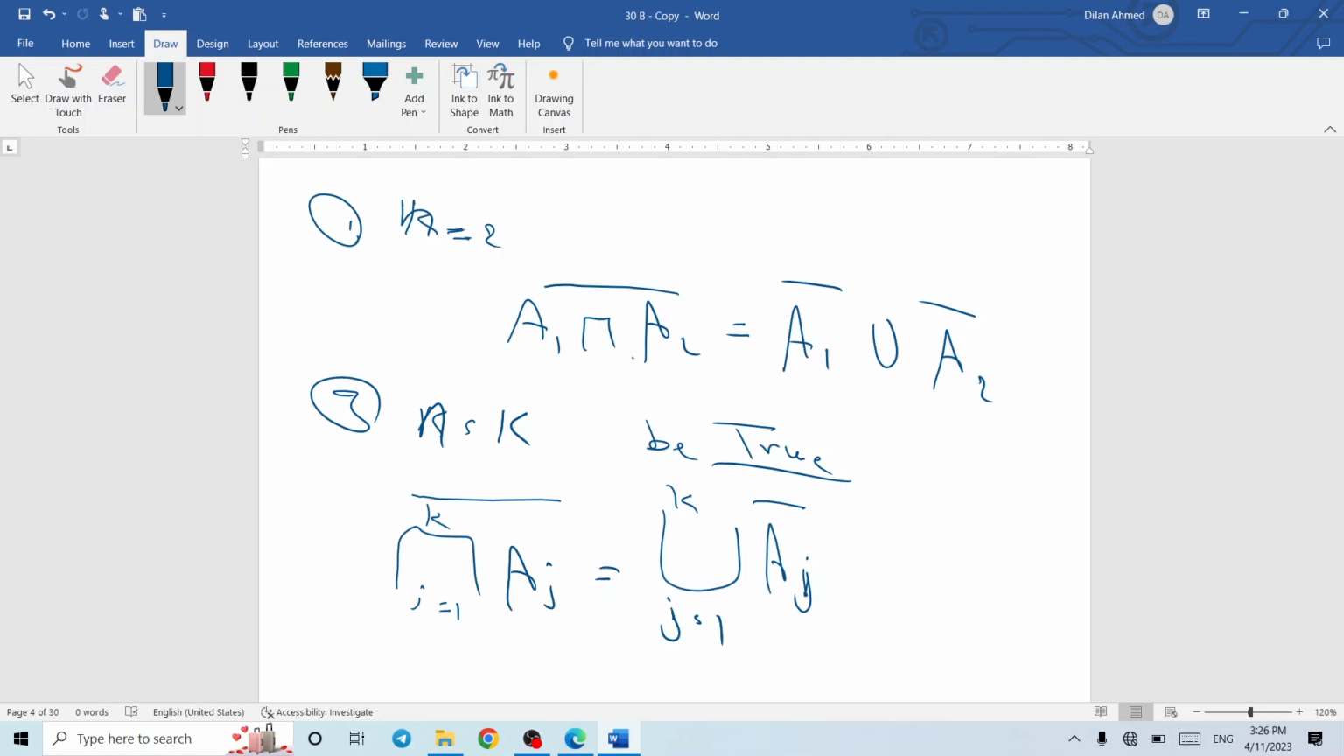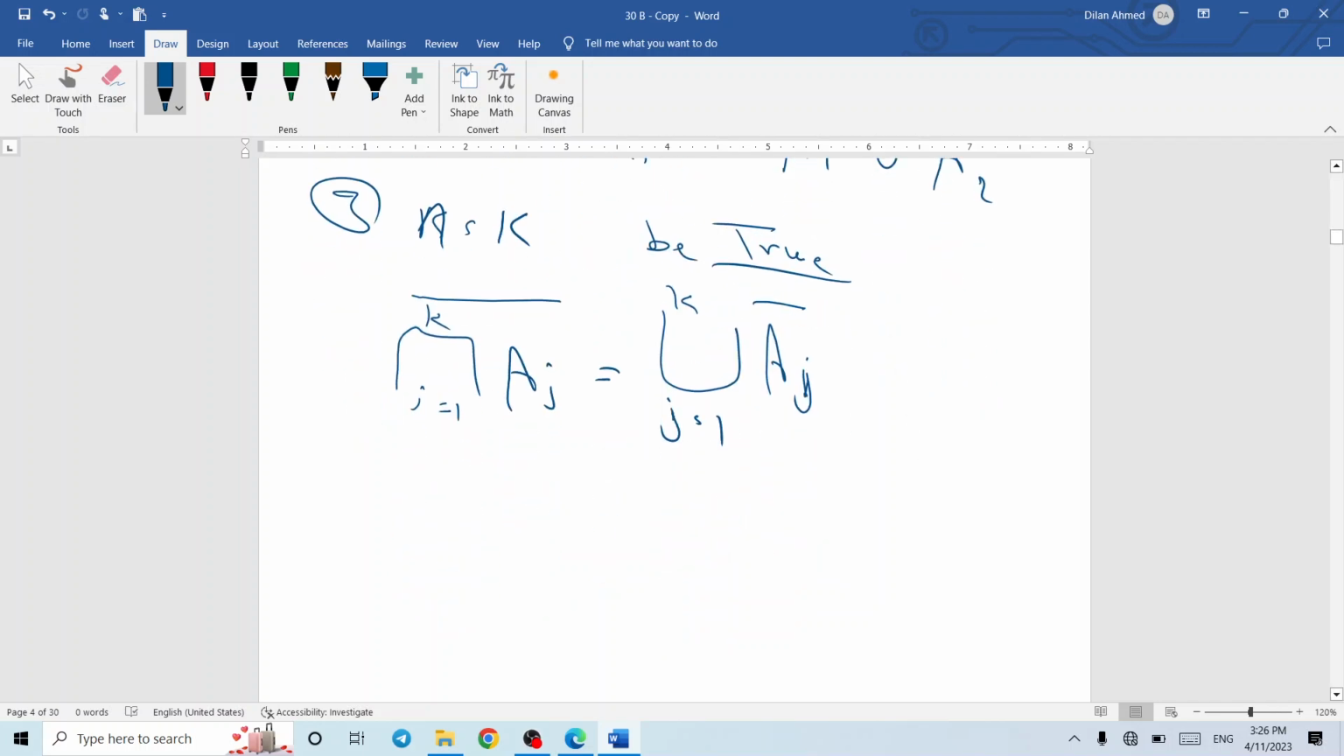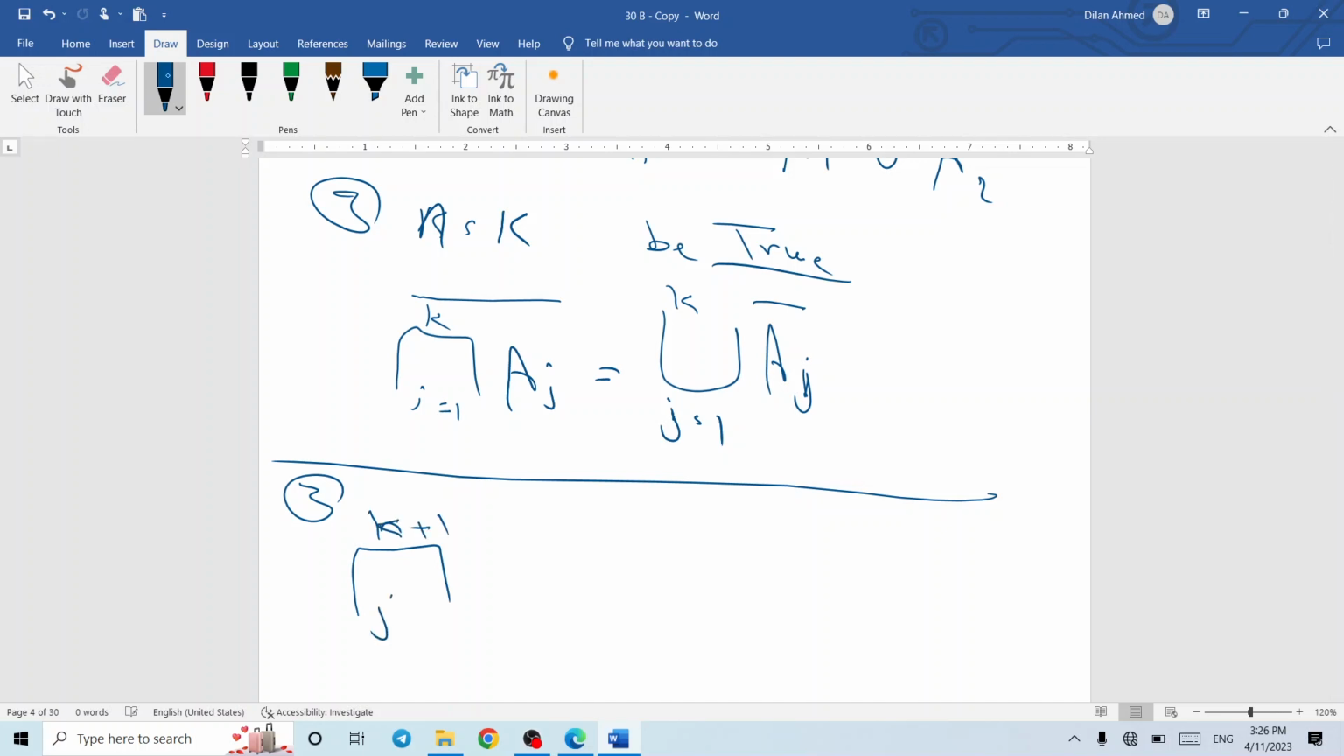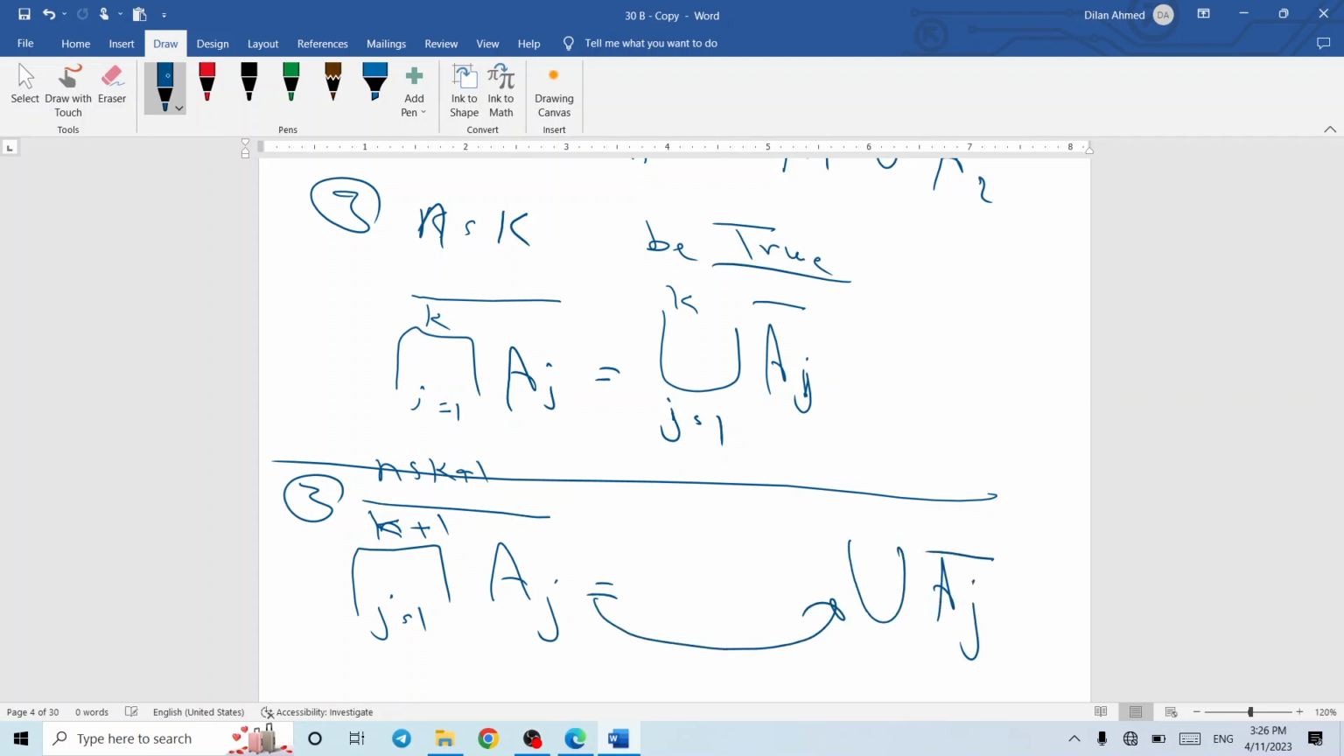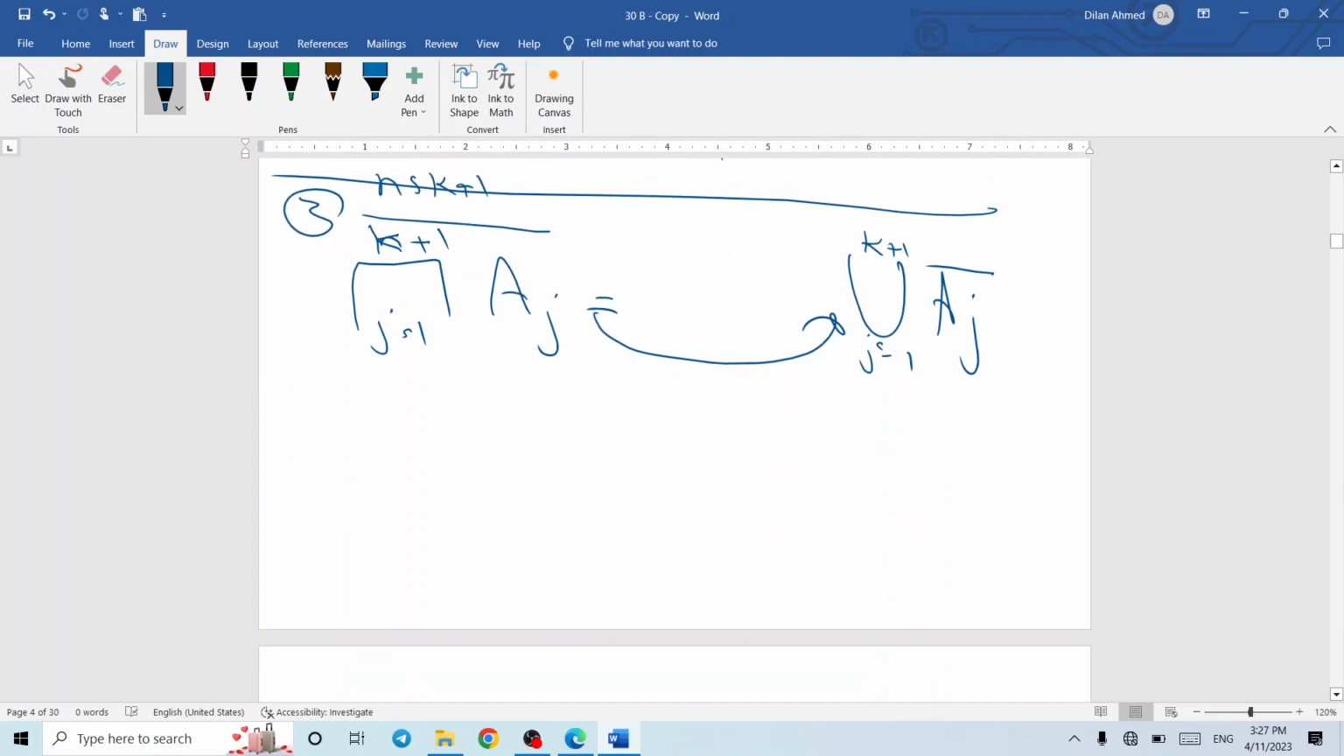Of course, 100%, we are going to use the first step and the second step in the third. So how about the third step? We need to show k plus 1. Yes, you are right, k plus 1. So let n be k plus 1. So I say Aj, all of them, we need to show that is equal to, am I right? So how do we start? I say this one can be written as